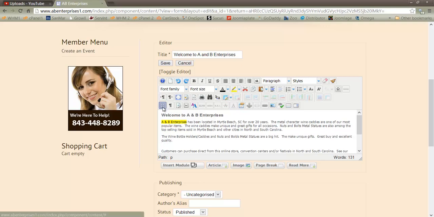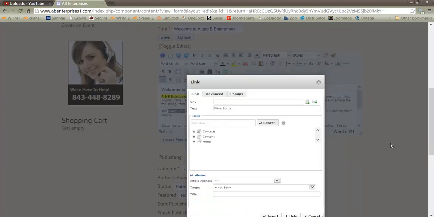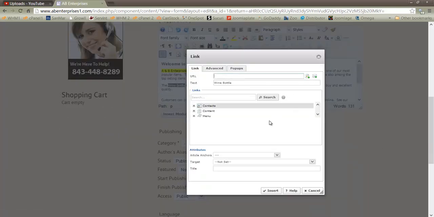And then your last line here, you don't need to worry about the first couple. Really, the only thing you need to worry about is when you get over to this part. Let's say that I wanted to link wine bottle here, and I click on this Insert Edit Link. It'll come up with a little bit of text. Here is your URL that you want to link to, if I can type it correctly,